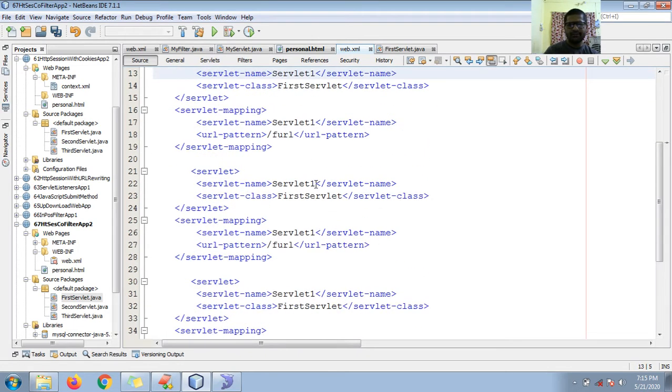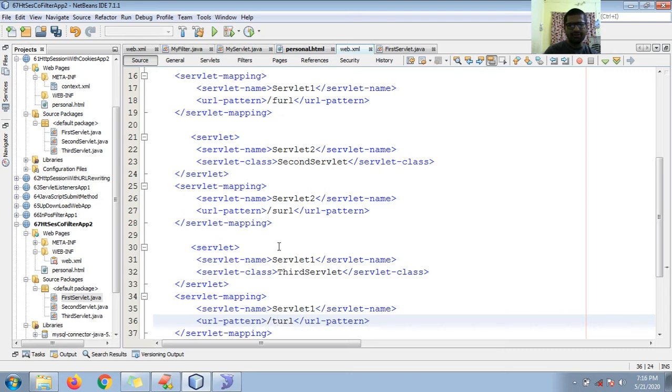So guys, servlet 1, servlet 2, and here let me mention my second servlet, and here is my third servlet. Here is the SURL, this is the TURL.